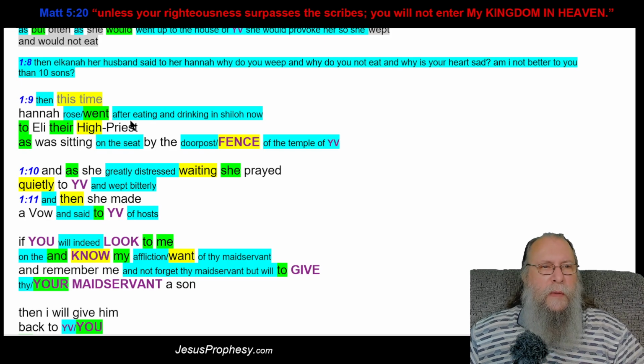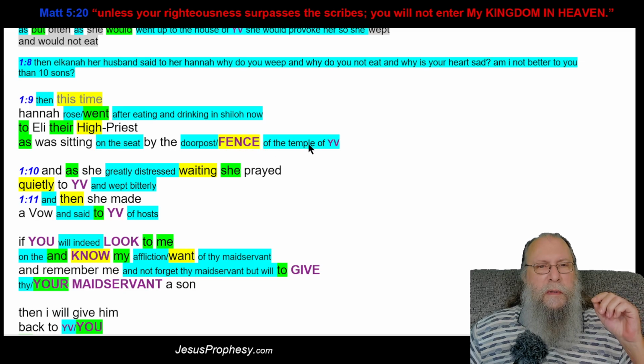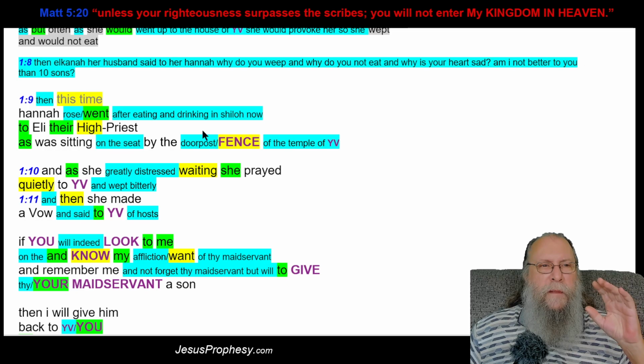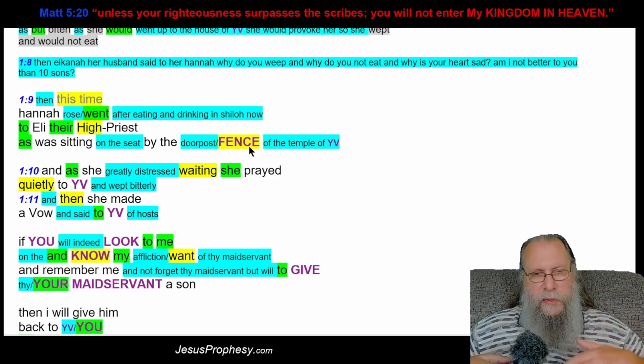So at a certain point here, right now he's a high priest because he's sitting by the fence, not the doorpost, and it's not a temple for YV. This is because actually it is a tent. So this word here is absolutely added text by people that don't understand the tent for meeting and why they sat where they were to sit